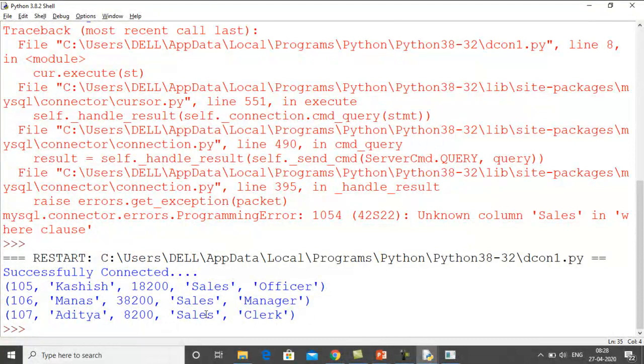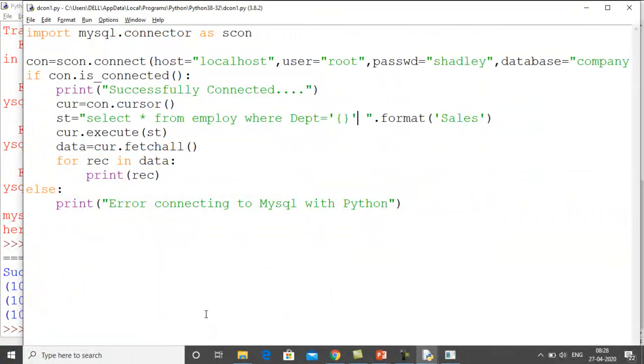So remember one thing, if you make these kinds of mistakes, then obviously your code will not work. What you have to remember is that when you are comparing a value which holds an integer, there is no need for quotes. But if you are using a value of character type, then you have to put quotes.